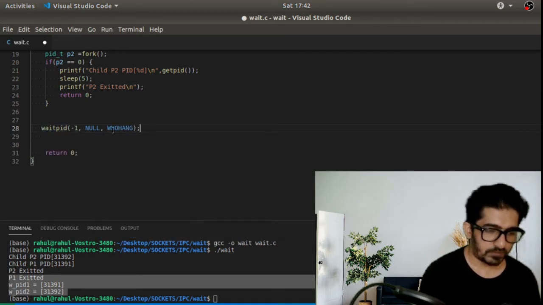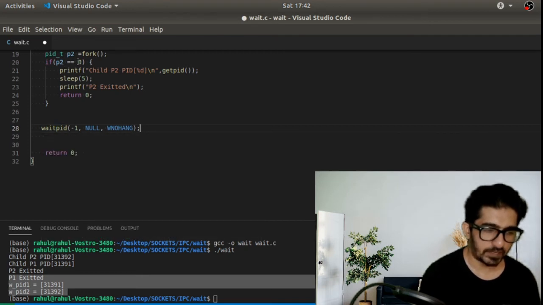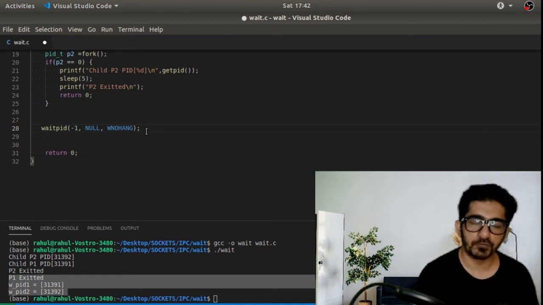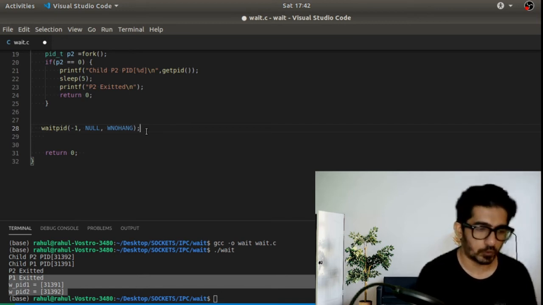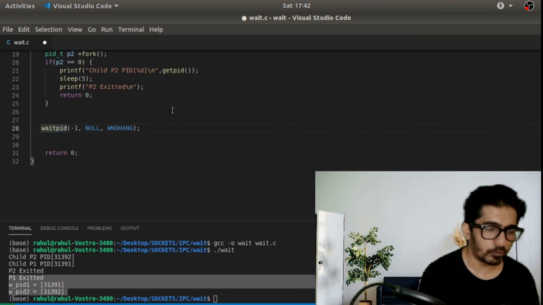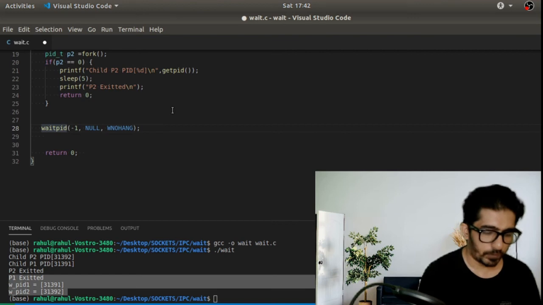So this waitpid will return immediately if the processes, that is P1 and P2, are being executed successfully. This is very helpful because we are not blocking our parent and we let our parent use this time for other processing also. If we want to continuously look up the processes, so that no process exits without the intervention of the parent, we need to have a do while loop here.